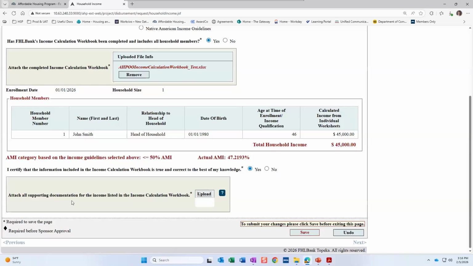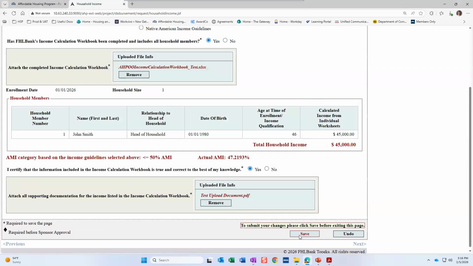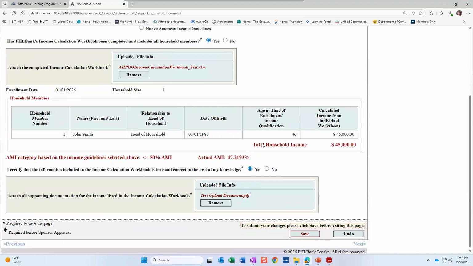You'll notice there is only one upload box. So in order to upload all the income, you'll either need to combine all of your income documents into one PDF, or you can put them all in a folder and upload it as a zip file or something like that. The question mark here tells you what kind of files are acceptable, but in general, we see combined PDFs or zip files for income documents. So I'm going to upload those. Again, I'm just going to upload a test document I've got here to get us through. And then I'm going to click Save. And I should now get my green check mark because I filled out all the information necessary to complete this screen.